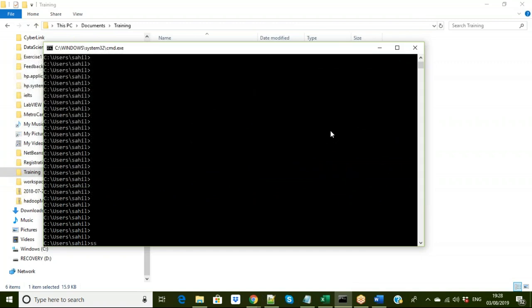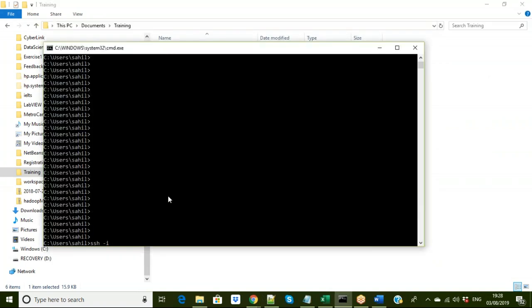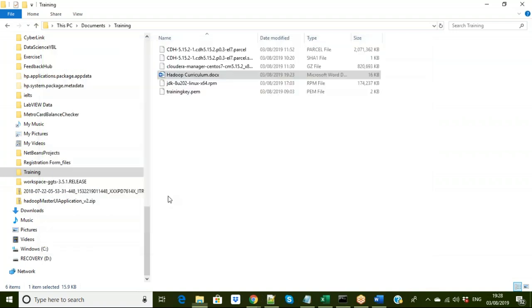So how do you SSH into it? Since it's a CentOS version, the user to SSH with would be centos, and you need to provide that particular training.pem key that we downloaded before, going to the particular server. So something like documents, training.pem. After that, the centos user at the server IP,